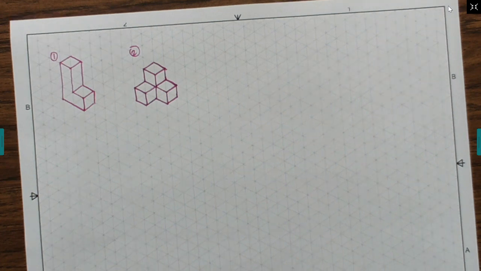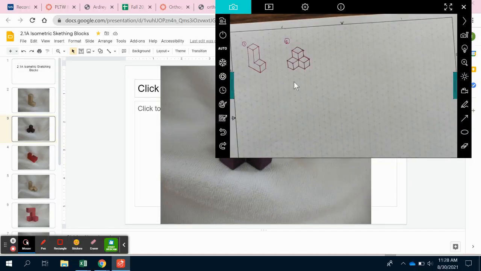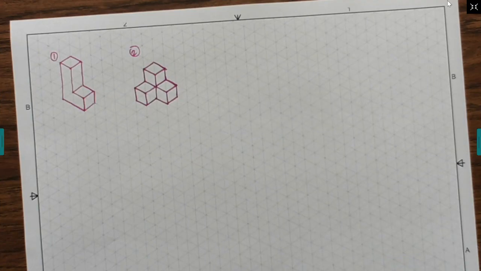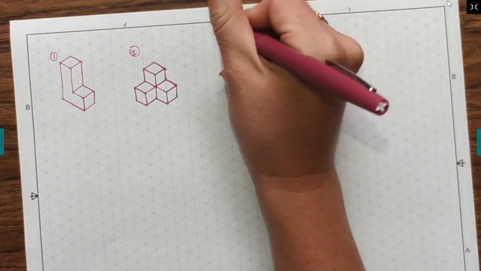Okay, so that takes care of our first one. And go back through and draw the second one. See this guy here? Again, very similar shapes. We've got this L shape here, just kind of laying on its side. I'm going to start with that. It's 1 unit tall, 3 wide, and 2 tall on the back, and then we'll come back in and add some depth after. So for number 3,